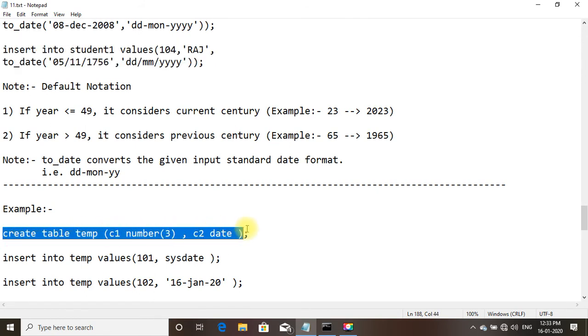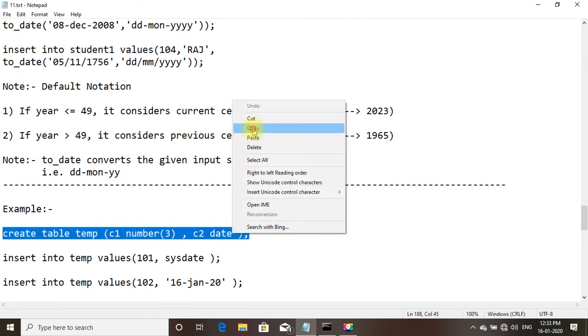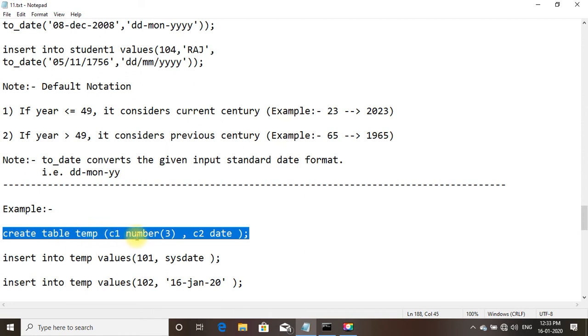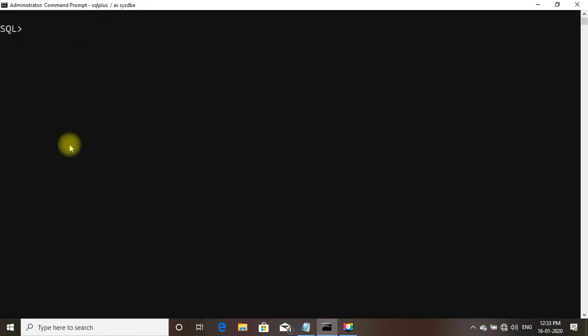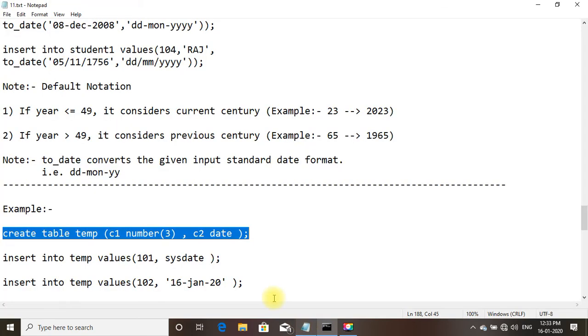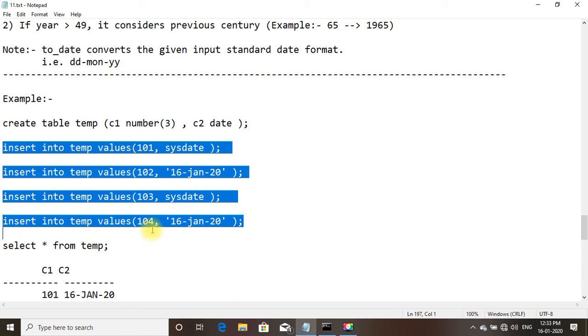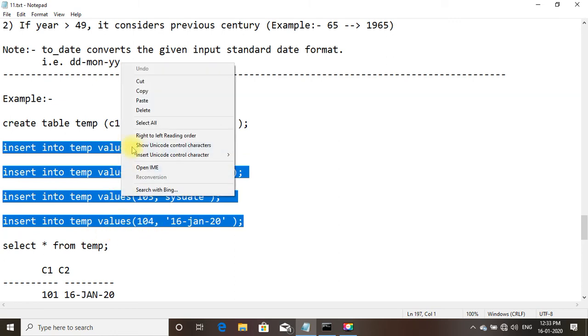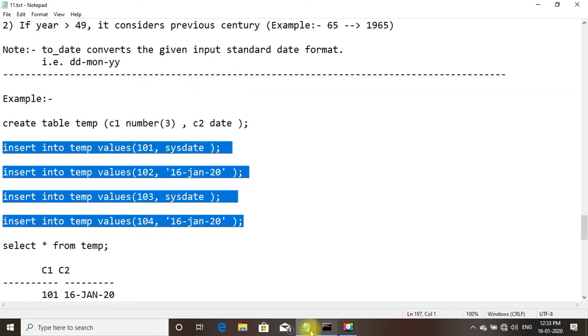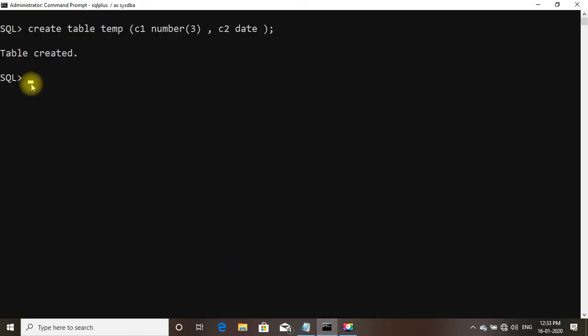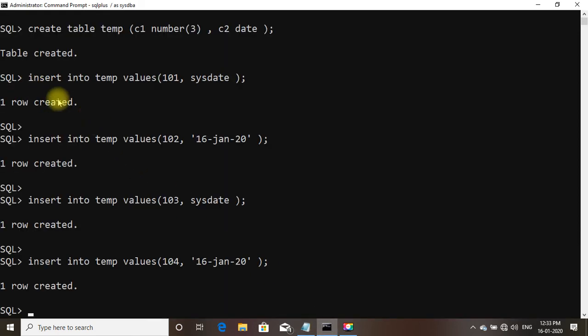Create table temp with C1 number and C2 date. Table created. We shall insert these records. Copy and paste. Four records have been inserted.